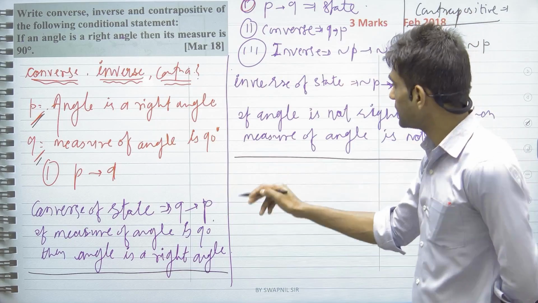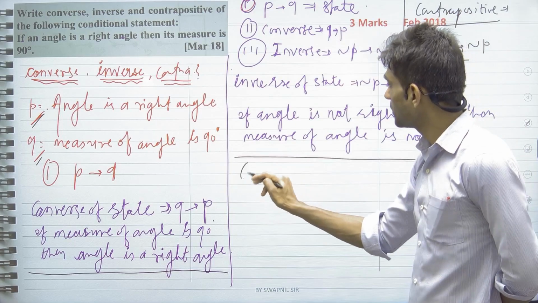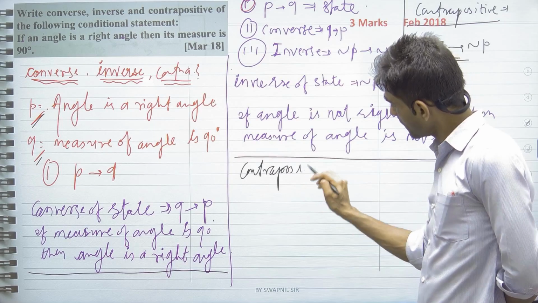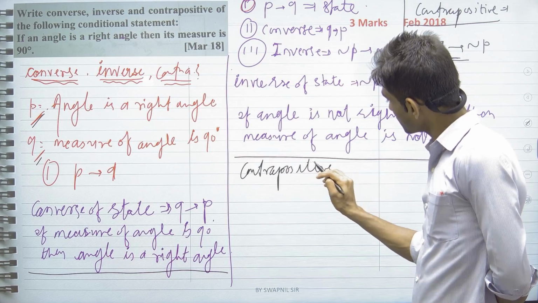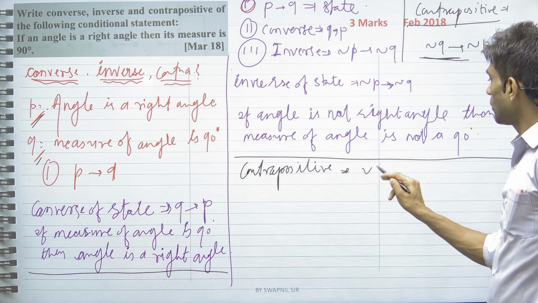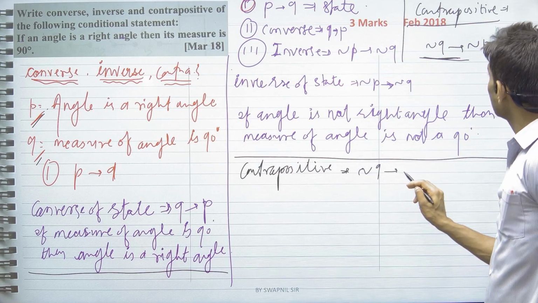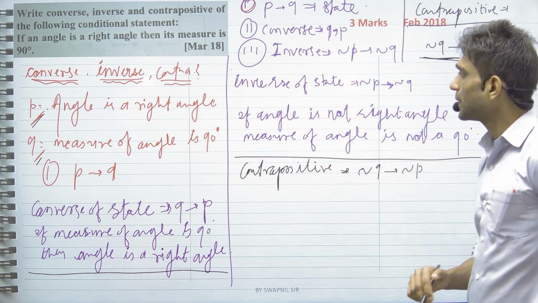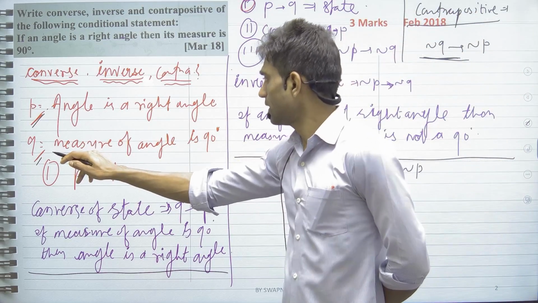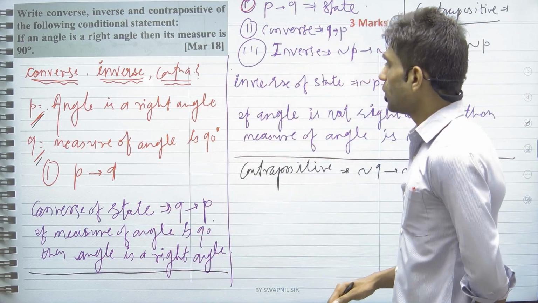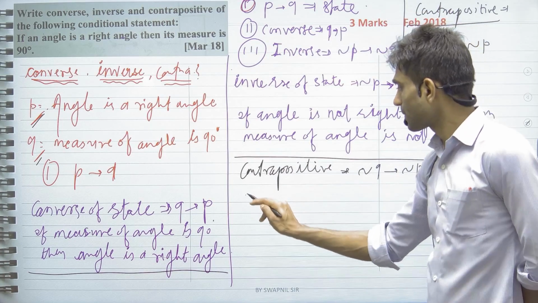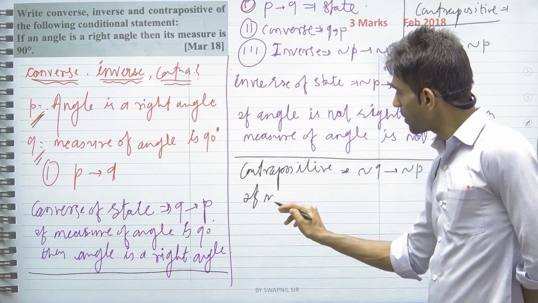Let me write the contrapositive. The contrapositive is defined as negation of Q implies negation of P. So negation of Q means we need to introduce not in our statement Q: if the measure of angle is not 90 degrees,